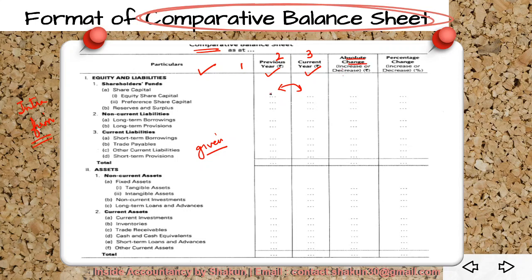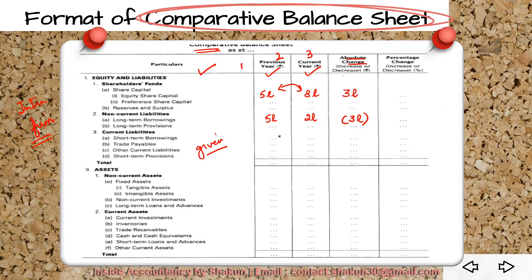For example, let's say equity share capital was 5 lakh in the previous year and 8 lakh in the current year. So obviously from 5 lakh it is increasing to 8 lakh. So 3 lakh is the value of increase. On the contrary, let's say long-term borrowings were 5 lakh in the previous year and in the current year they were 2 lakh. Now this is a decrease in the long-term borrowings, so we will show it as a negative item. That's why I've shown it in brackets, which means it is a decrease.